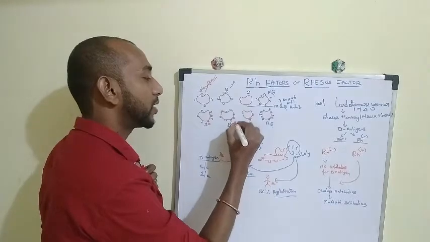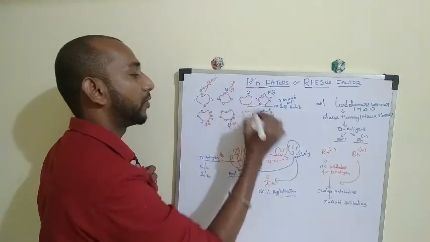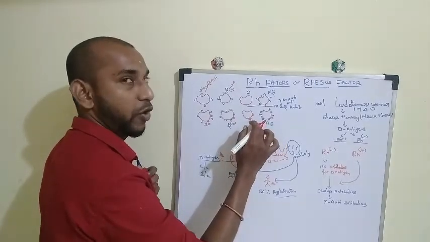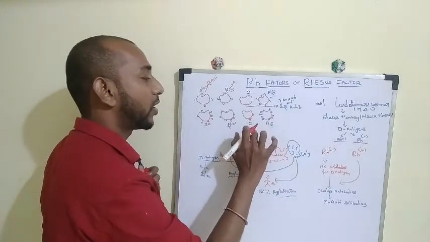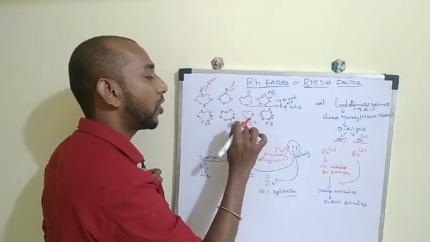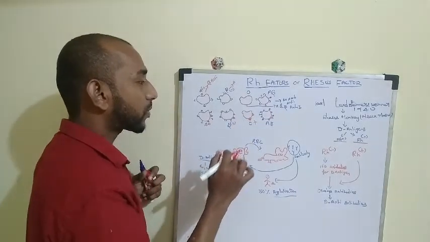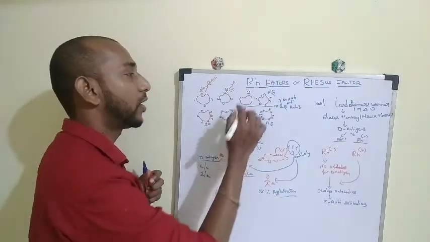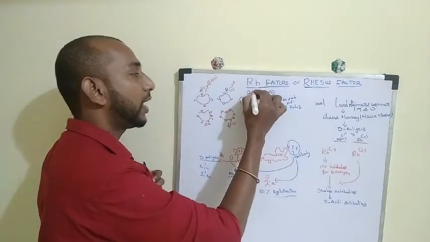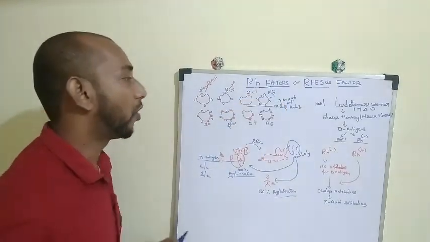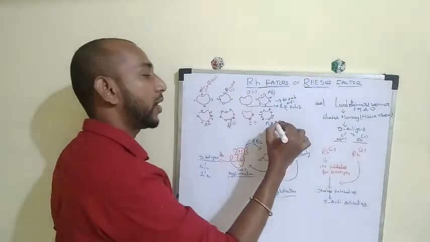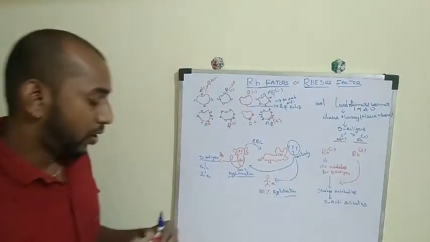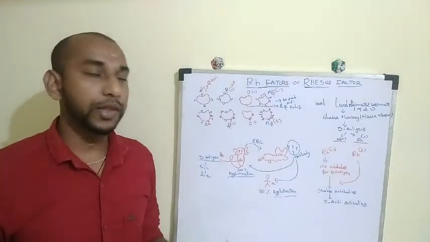Likewise B positive, B negative, and O negative. Is it O negative? No, it is O positive because we have the D antigens on the surface of the O blood cells. Here we don't have the D antigen, then it is O negative or Rh negative. Likewise we have AB positive and AB negative. So we know up to this.